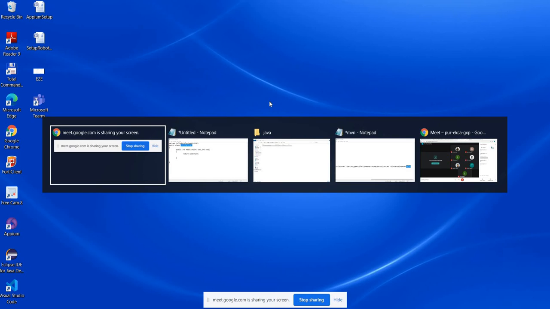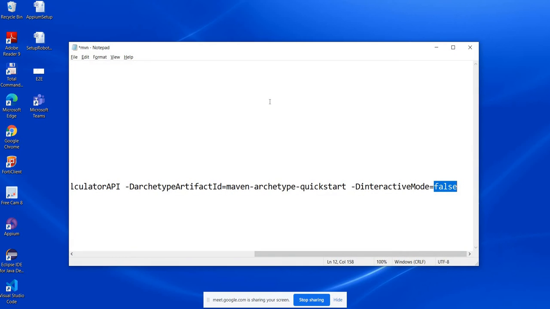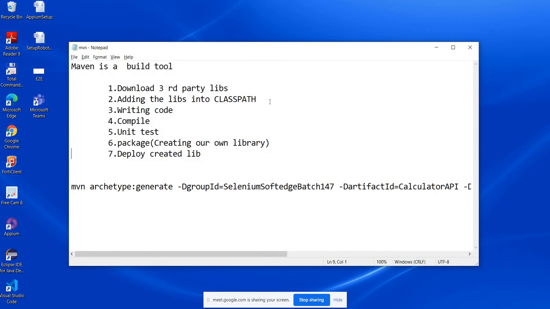Okay guys, so in this video we are going to talk about how to use Maven to automate the end-to-end build lifecycle. End-to-end build lifecycle means for any project there are some phases which the developer performs against that project. So the first phase, when any developer starts implementing an application, and needs some third-party libraries like